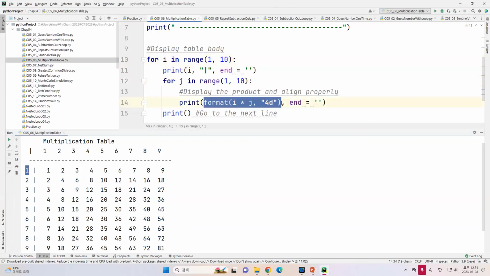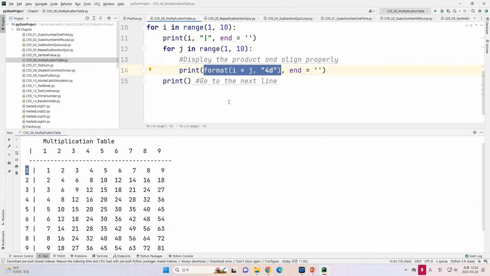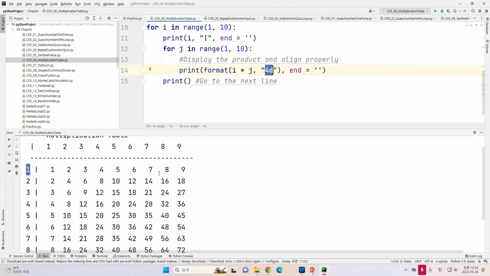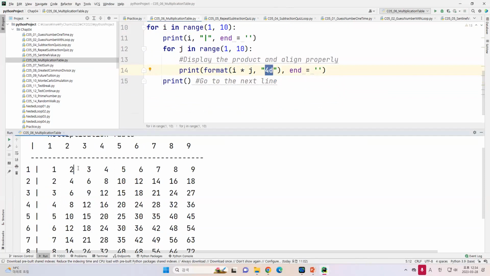Okay, I have formatting. What does it mean by this format? So I'm going to put i multiply by j, comma, for d. So this for d means I would like to put for